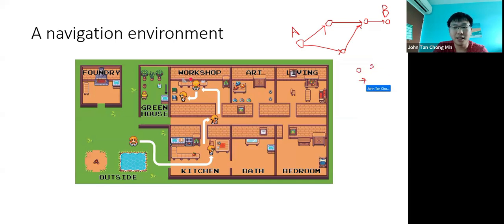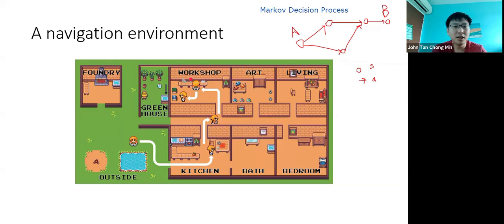This is exactly what you would call a Markov decision process, if your arrows only link out from one node independent of the earlier nodes. As long as I know this circle here, I can go to the next node. Partially observable would be where you don't know what came before, and you could be in any state that looks similar. But let's not go into that. We just talk about the Markov decision process.